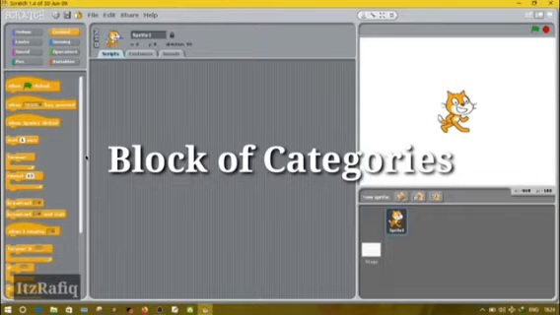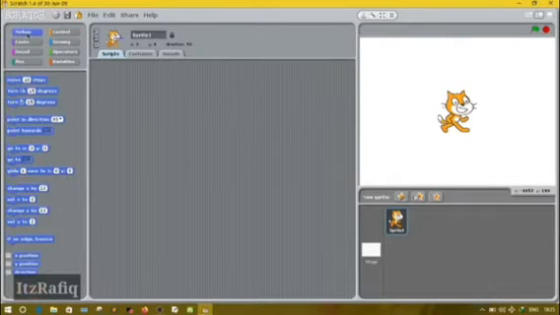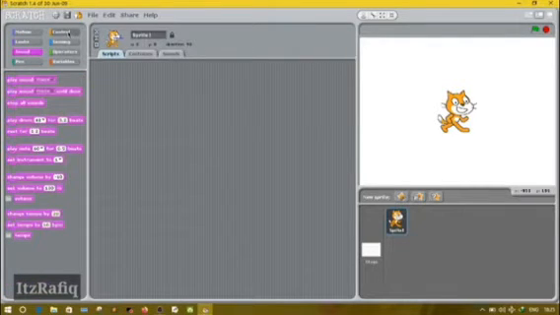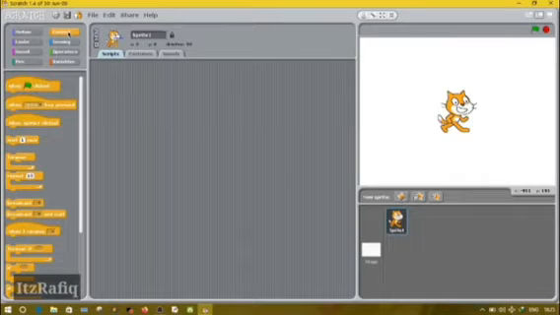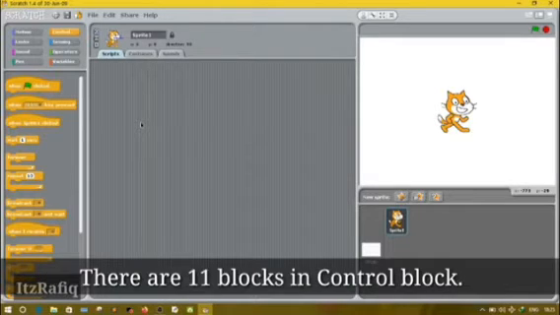Now we have block categories. In Sprite, when you notice, you will see that all the blocks are grouped in different colors. Some blocks are in blue color, some are in purple color, some are in green color, etc. At first we have control blocks, which are in orange color. Control blocks are a category of Scratch blocks. They are used to control the execution of the sprite and are in golden or orange color.